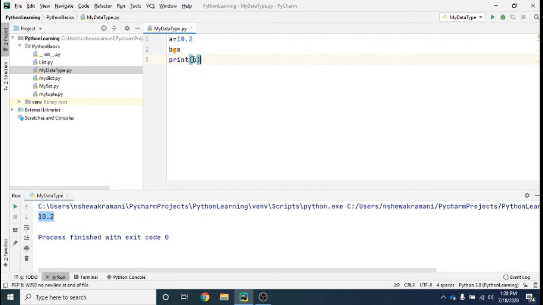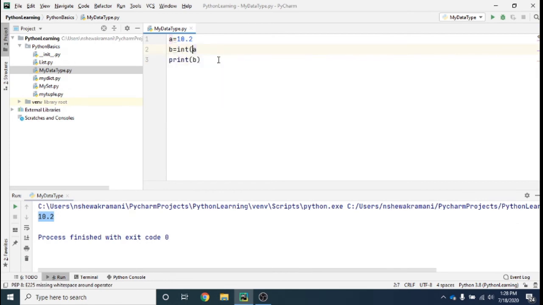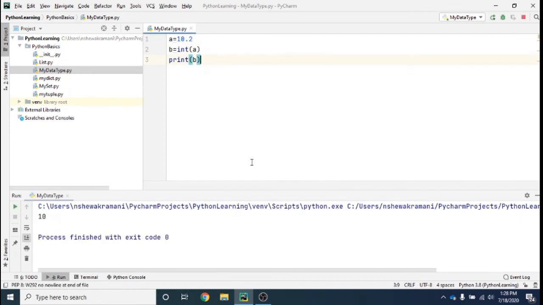There is a function with which we can convert a into an integer. So I will say int, put a inside this int function, and then right click and run it. Now you can see the value which is stored is 10. It has removed the 0.2 and just stored the values at the left-hand side of the decimal into b.